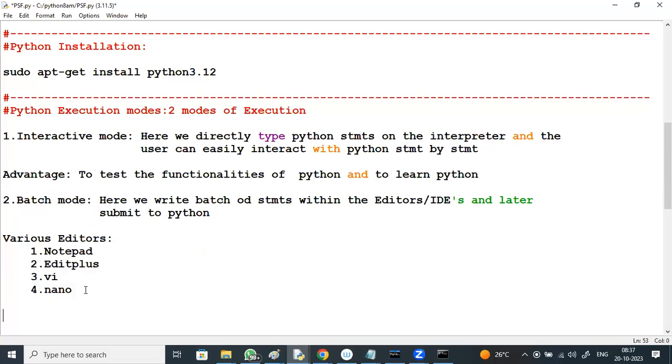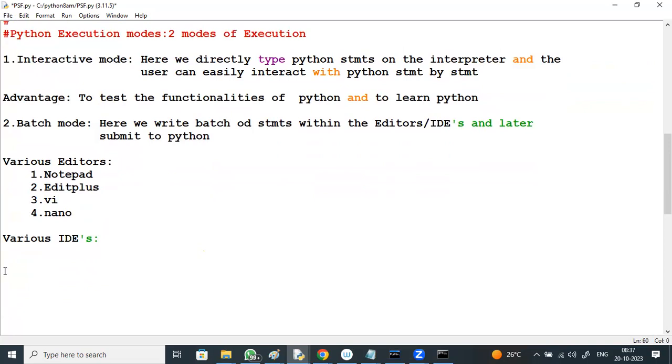And in real time, we use IDEs, integrated development environments. What are the various IDEs supported by Python?